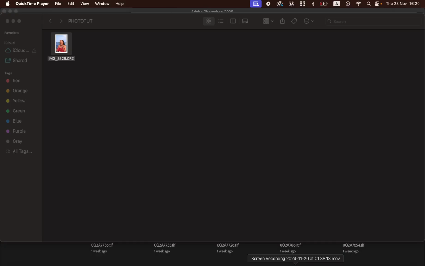Hello, in this video I'll be showing how you can easily edit a photo when it comes to Photoshop, and in this we are simply going to be learning how you can easily process your raw images, how to smoothen skin in Photoshop, how to color grade, and finally how to export or save your photos when it comes to